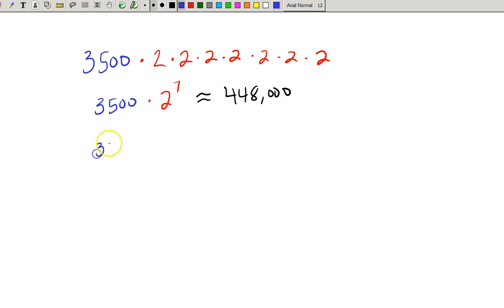So if I took 3,500 times 2 to the 7th, which was the first month, and let's say it just happened for another month with no changes. The doubling rate was 4 days, and we said times another 2 to the 7th. Well, then how would this work? The exponent properties that we'll see today say that 2 to the 7th times 2 to the 7th is 2 to the 14th, because we can add the exponents when we multiply